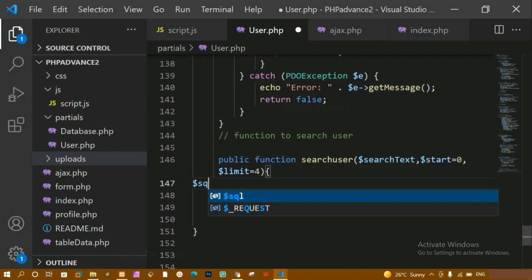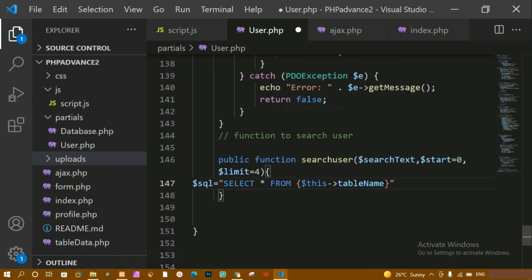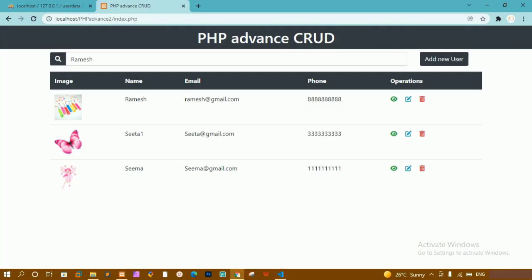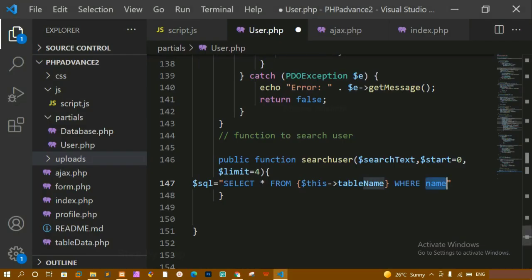Now inside this, first I'm going to write the SQL query, and here I'll be writing select. I just want to select all the data, so select star from the table name. I'm going to copy this and paste it here: select star from table name, where my column name. Whatever I am writing here should match the database column name. Inside this database I have this name, so that should match this one. Whatever you have given here, suppose you have given username, then you should write username, where my name, and here I am going to write like.